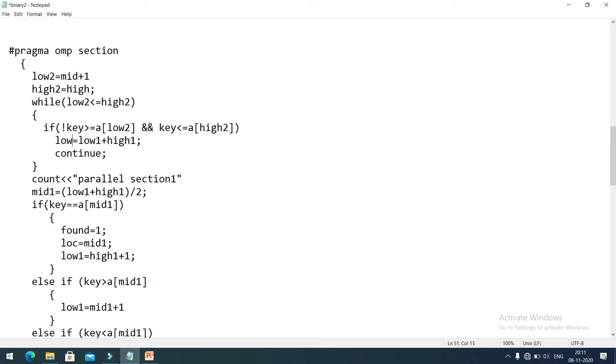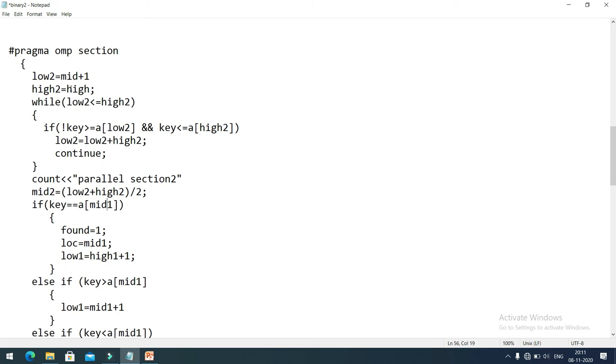So in that case, low 2 will be low 2 plus high 2. Here I will write parallel section 2 because this is the second section. Here also I will make some modifications. This is mid 2 equal to low 2 plus high 2,